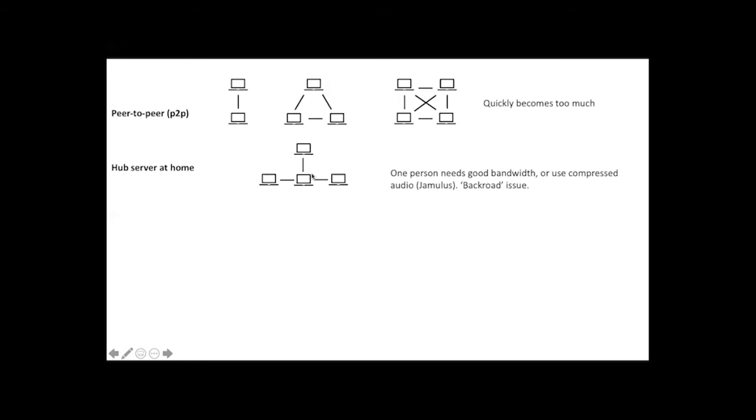The setup is vastly simpler with Jacktrip or Jamulus when you use this hub server mode. It's much easier to get that sorted. But the bandwidth thing still applies to this one person. It should be the person with the best internet, but even then, maybe it's not quite good enough. Again, you can use compressed audio with Jamulus, or shortly, I believe, with Jacktrip as well, and that will tend to reduce the bandwidth usage and let you get more people.